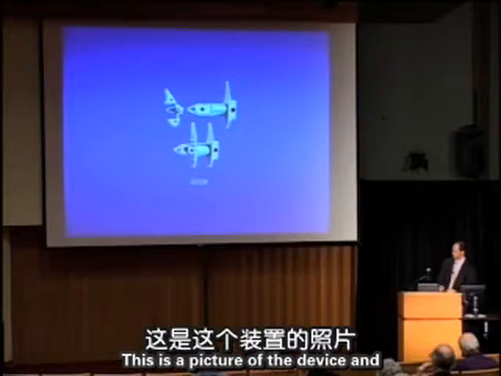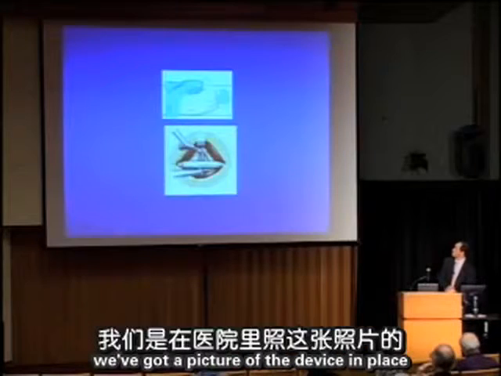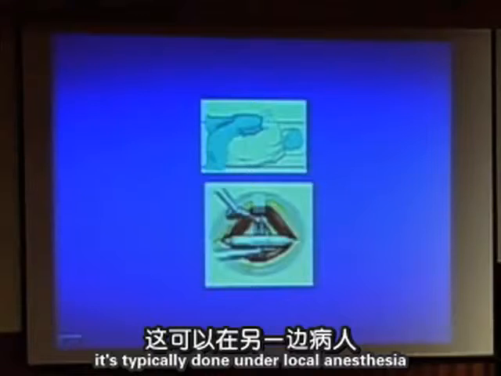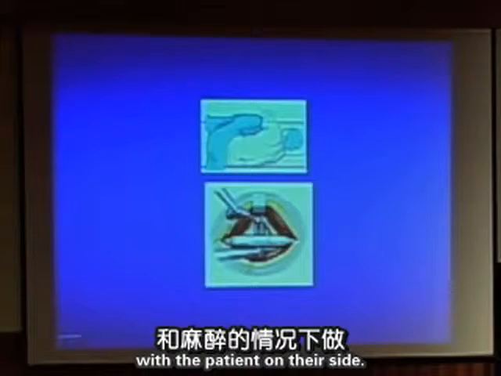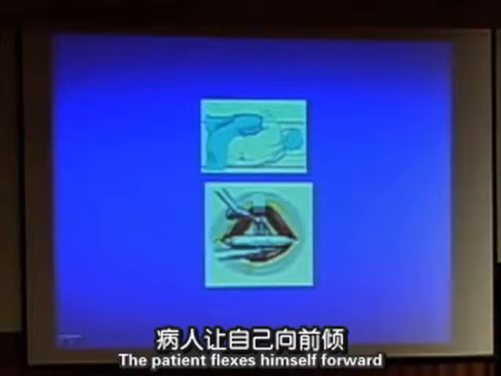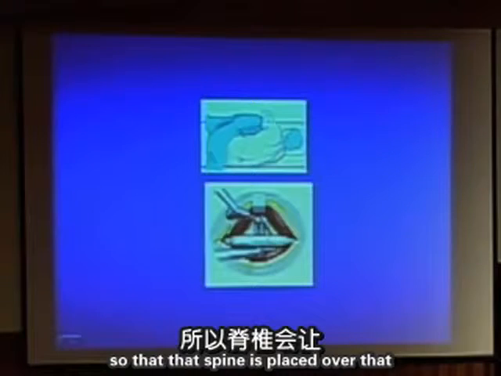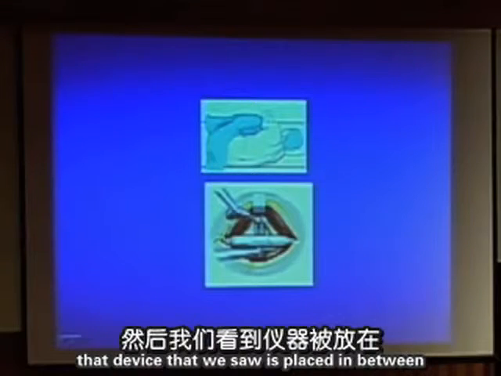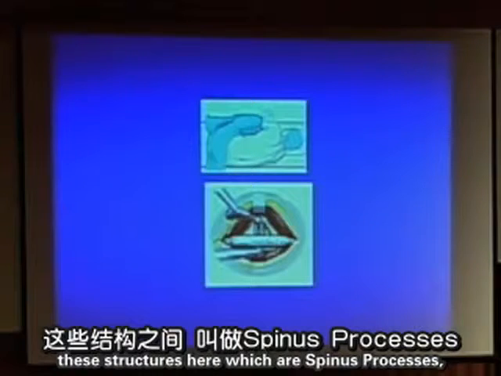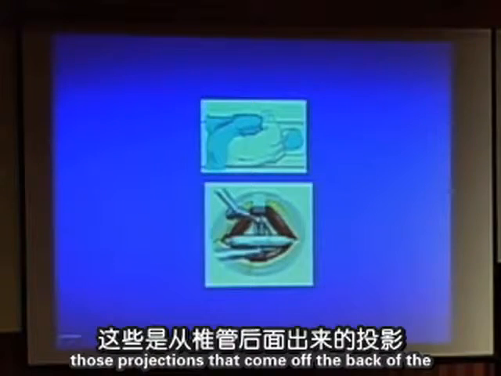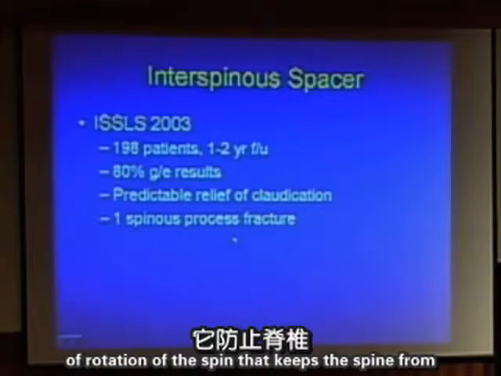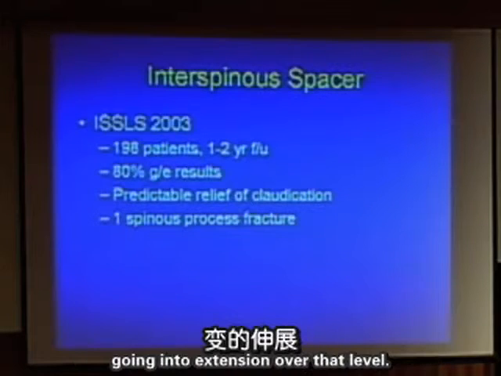This is a picture of the device, and we've got a picture of the device in place. So this is looking at a patient from the back. It's typically done under local anesthesia with the patient on their side. The patient flexes himself forward so that the spine is placed over that motion segment into a little bit of flexion. And then that device that we saw is placed in between these structures here, which are the spinous processes, those projections that come off the back of the spinal canal. Because those are behind the center of rotation of the spine,